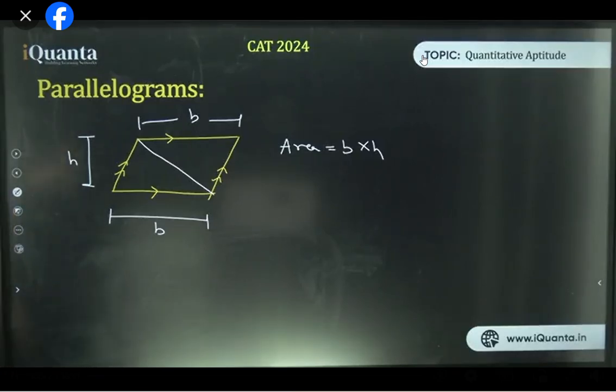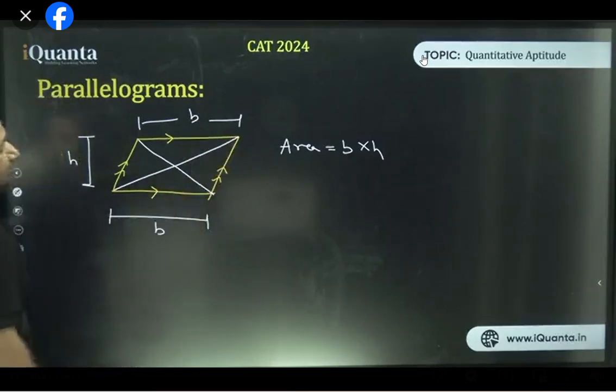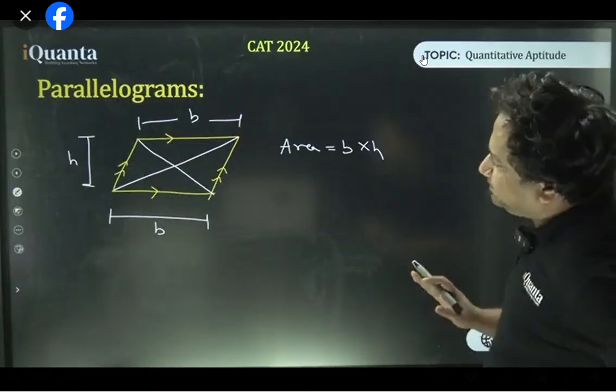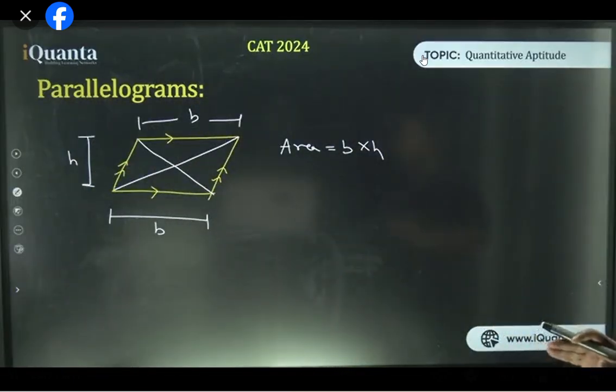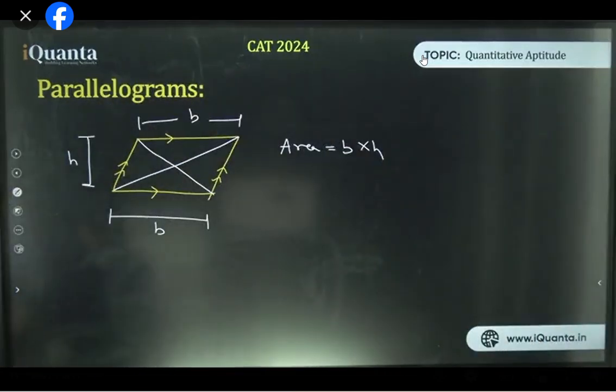Perfect. Okay. Then the other property, we talk about the diagonal. So diagonals intersect. Do they intersect at any particular angle? Not really. So unless I draw the angle or mark the sides, you won't have to assume anything. All right. What are diagonals? Diagonals are the lines that join the opposite vertices. Is that clear?